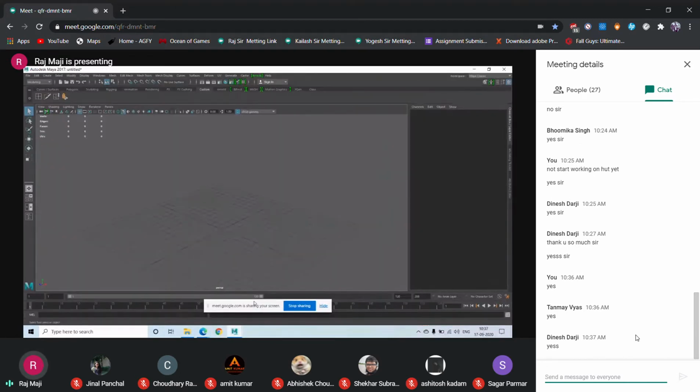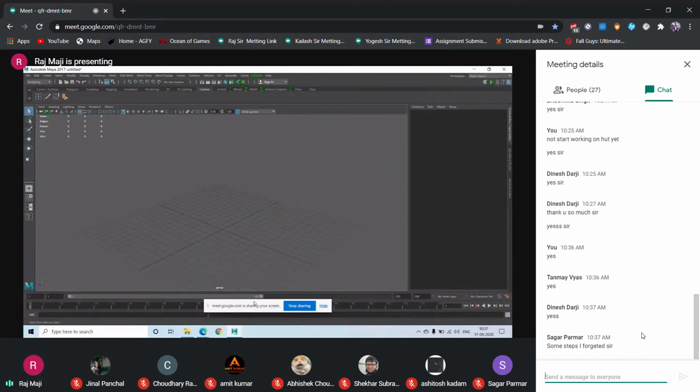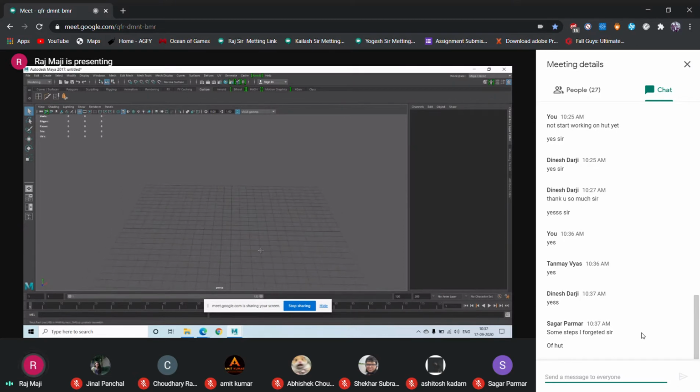So the first thing, the way Dinesh made the roof, and he tried to give the hints of the tiles by extruding the alternate faces. Okay, that also I liked. That can be a possibility of making the tiles. But what else you can do? Just check how you can create the tiles without increasing the polygon too much.